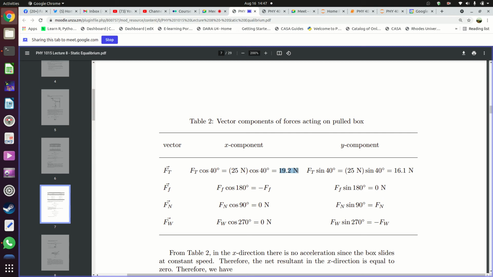Yes, sir. So that is the x component, how much the tension of the rope is along the x-axis. You also work out the y component. The y component is going to be the tension in the rope multiplied by sine 40. You know that the tension is 25, so 25 newtons times sine 40 is going to give you 16.1 newtons. So the tension in the rope, this tension